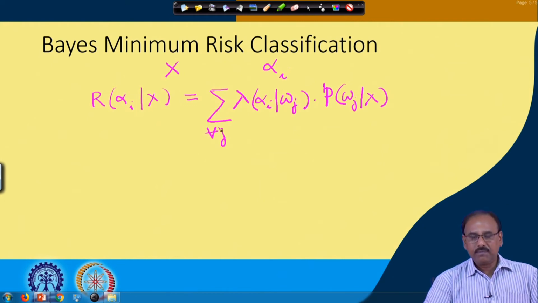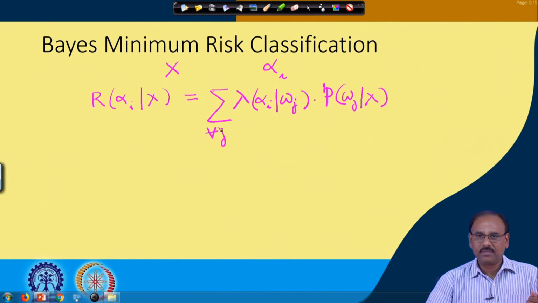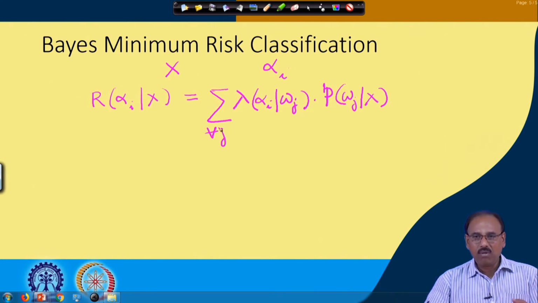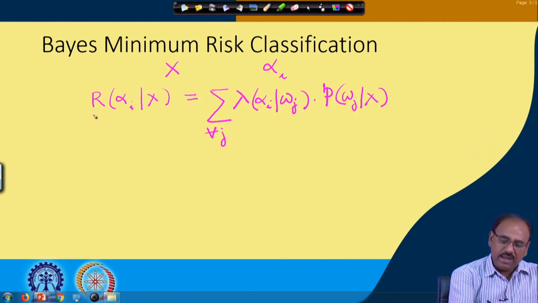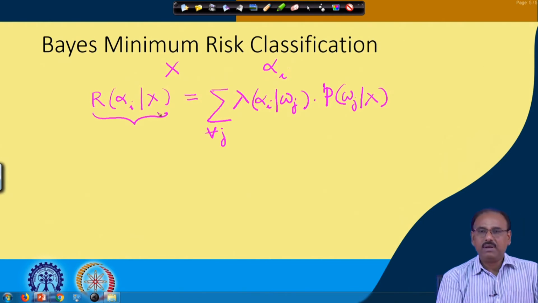Why over all j? Because I am taking action alpha i, maybe the actual true state of nature is omega 1, the signal actually belongs to class omega 1. So, for that what is the risk? It may actually belong to class omega 2, for that what is the risk? And likewise it may actually belong to class omega c, and therefore for that what is the risk. And if I add all these risks, then I get the overall risk for taking action alpha i given my feature vector x,